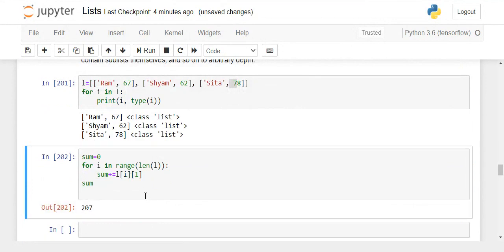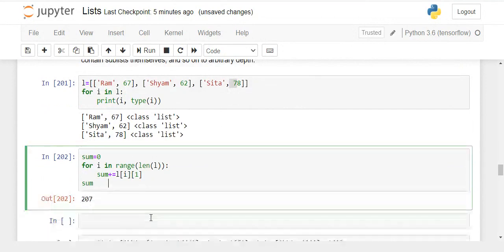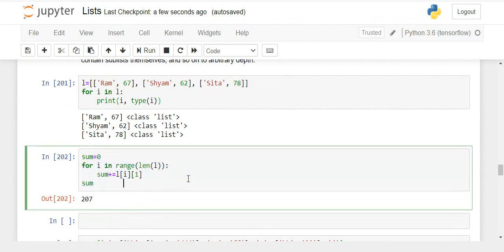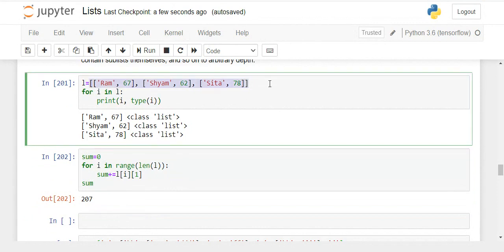All right. If you want to find the average, you can simply divide this number by the length of the list, because these many students you have in the list. So in this way, you can work with the nesting part, and this is very, very useful. You are going to see a lot of examples in your lab exercise related to list. So you should be comfortable with using nested lists, 2D, 3D, whatever the nesting is.